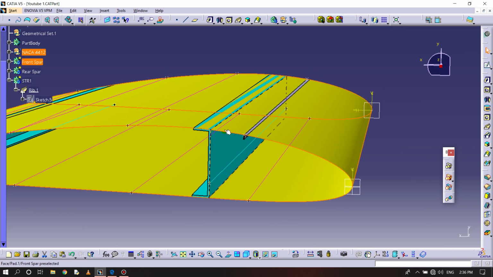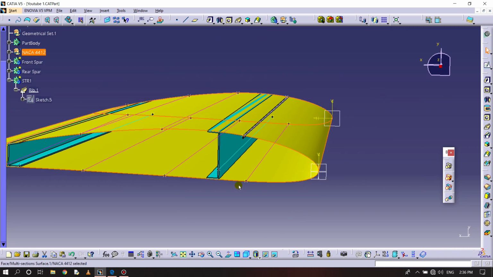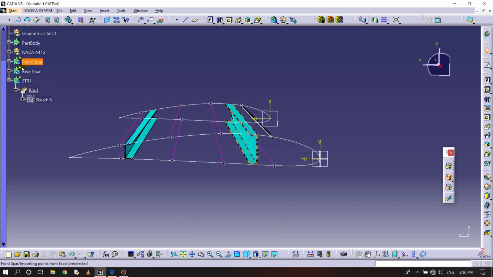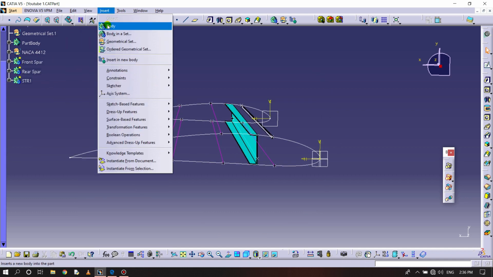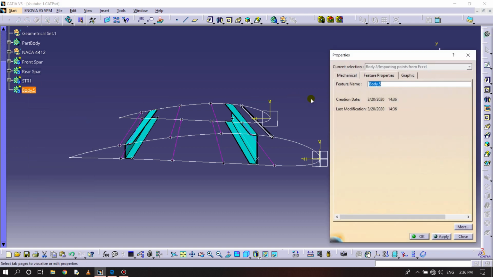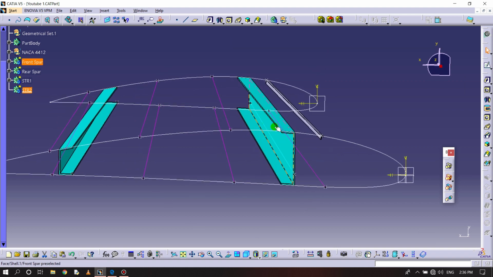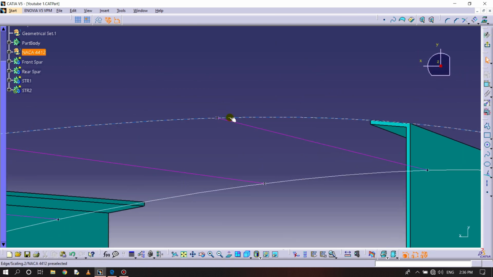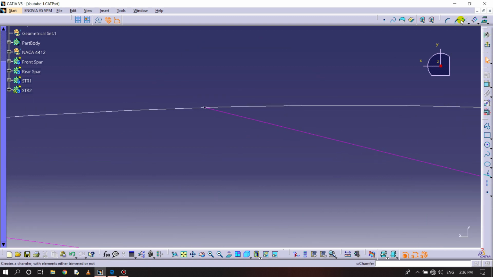Similarly, we are going to make 7 stringers here. For that we need to again hide this, again insert a body, name it as str2, again sketch this, invert this. At here we are going to make now. So again make a projection here, offset 1.2,